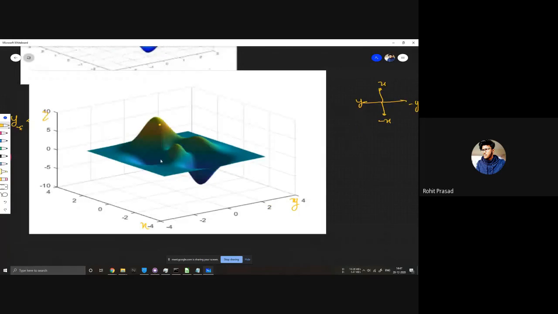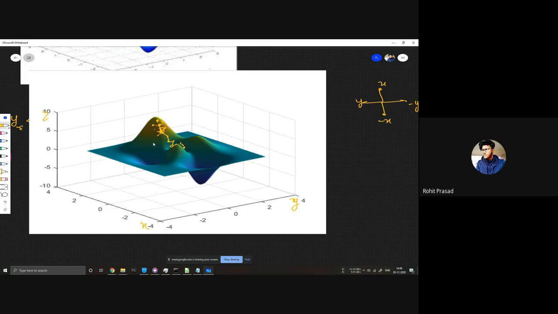It will calculate the y epsilon for all these 4 directions. It will see that this one gives a pretty low value, this one gives a higher y, this one gives a higher y, but this one gives a comparatively lower one than all these three. So it will just shift the point to here. From here, it will look at this one, this one, this one, this one. It will go here, and after this, it will go here. Then here, and it will get stuck in this minima, but it won't be the actual minima.